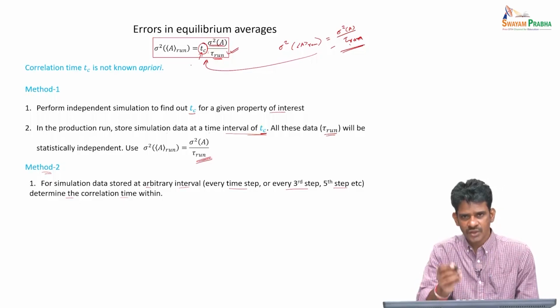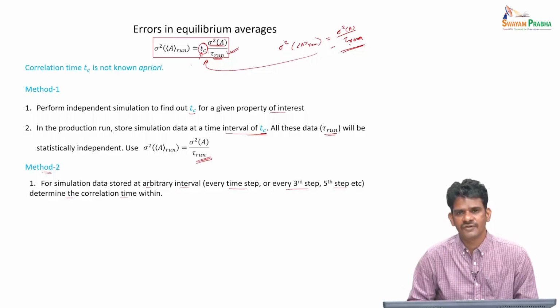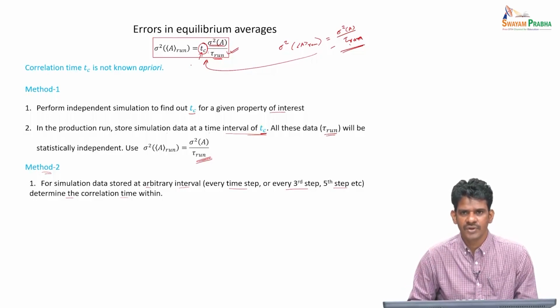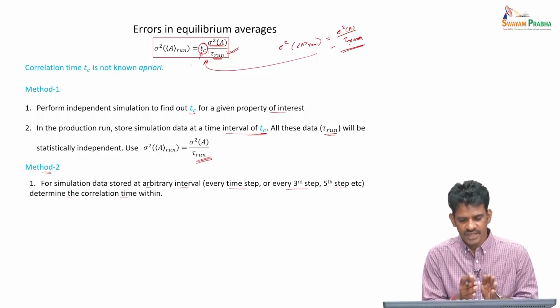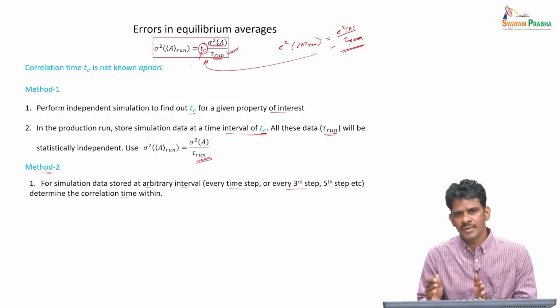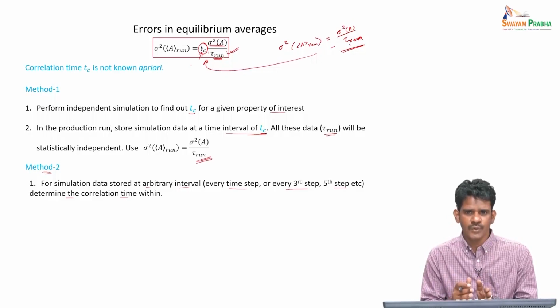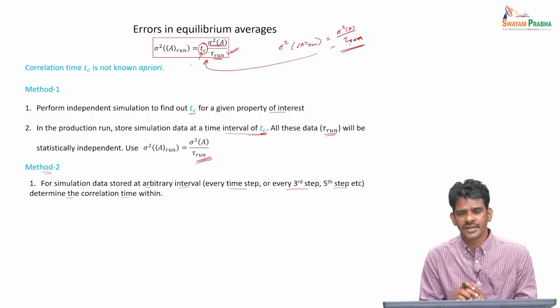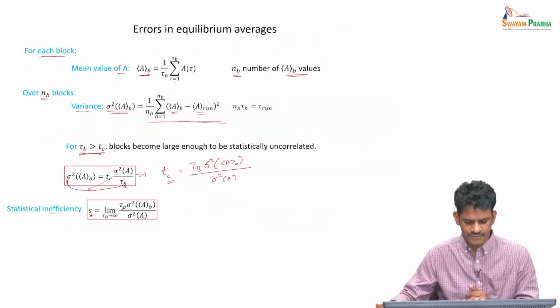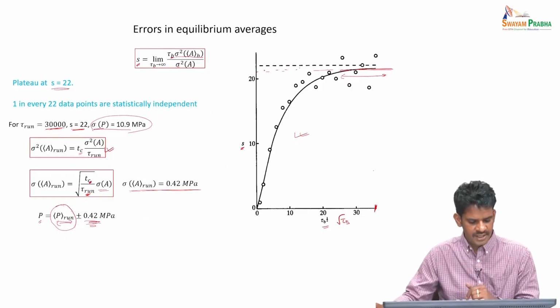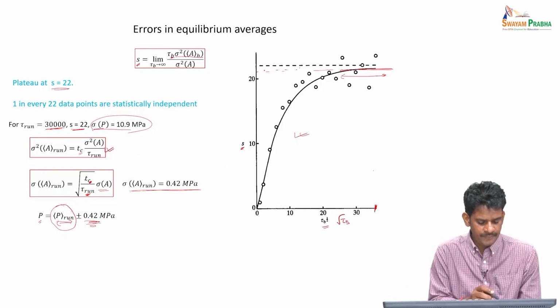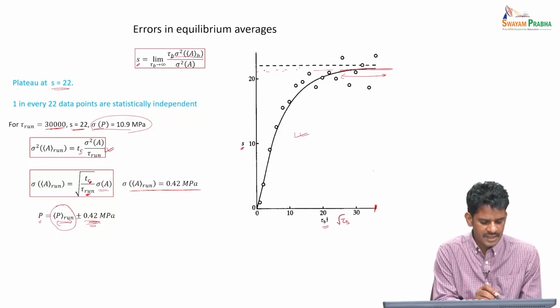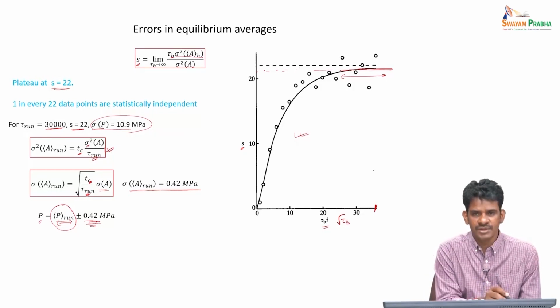The first approach is to get the autocorrelation function CAA, and from there you get the correlation time. The other approach is to take the total data set and make segments of various lengths, and then find out at what blocking operation the correlations are eliminated, and then you can find the effective number of data points out of this total tau run data set. That's what we have done in the second approach by doing this blocking operation. And then we also showed how to use this formula once we know the correlation time, the total number of simulation points, and the sigma square A based on the total number of simulation points.